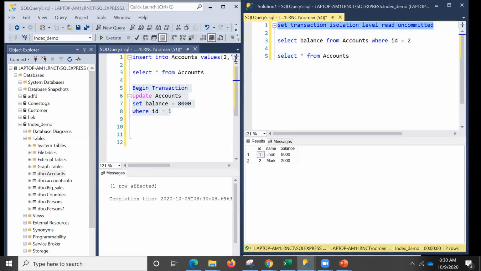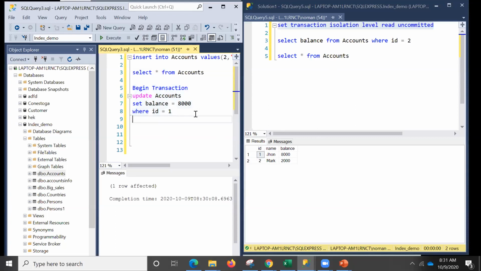So this is one topic that has automatically come up here. If you set transaction isolation level read uncommitted, we'll see all those levels shortly and discuss all of them completely. Then when you run your query, whatever is uncommitted will also be shown here, which does not look good, because this is something we want to save ourselves from. It is showing us the uncommitted data, which was 8,000, not committed as yet.